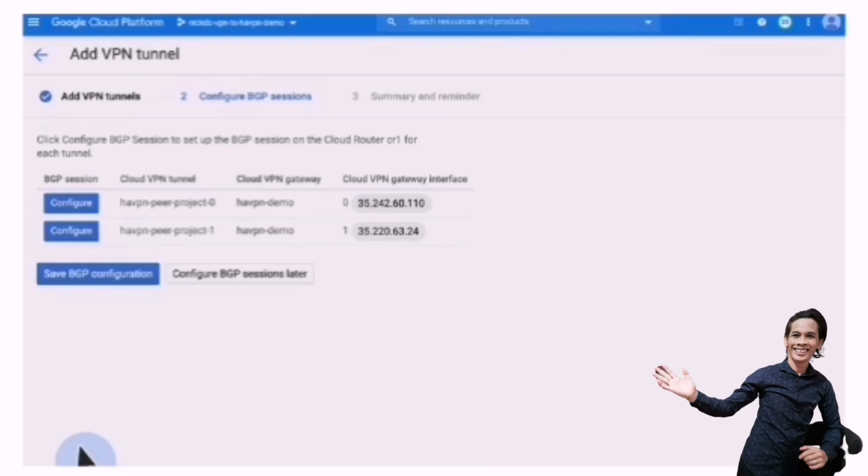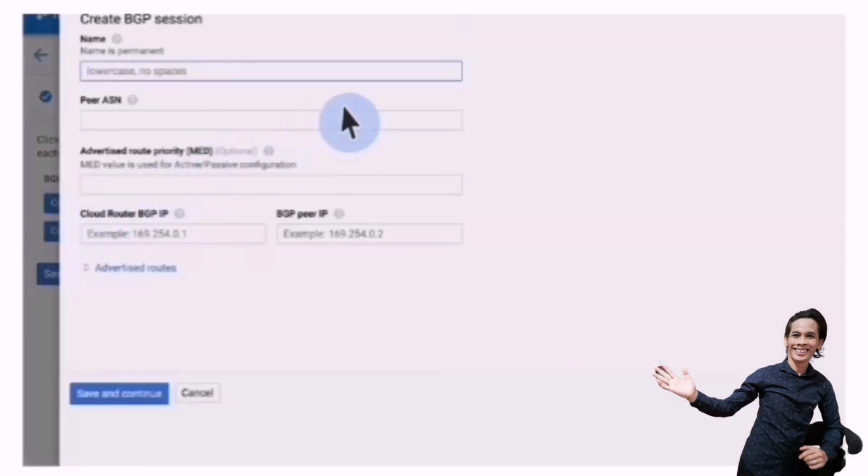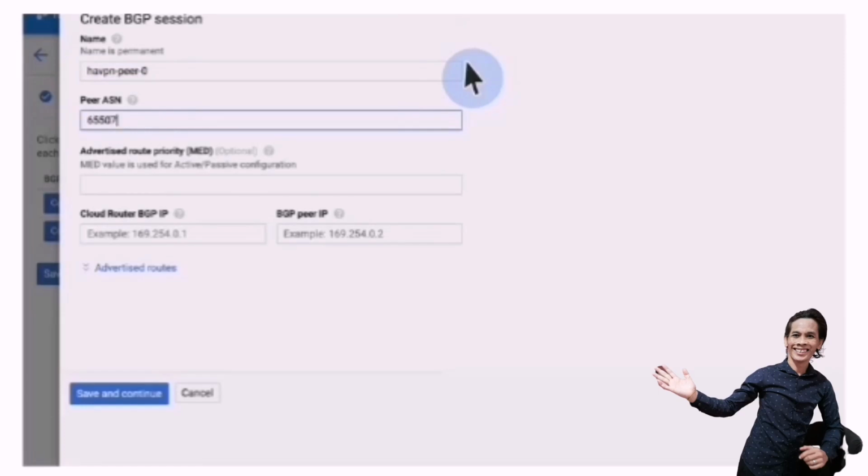On this page, we'll create the BGP sessions. I've already created exactly the same thing here in my other project, so I'm only going to do it here. Let's click Configure and give it a name. So in my example, it's HAVPN-peer-0. Peer ASN in my case is 65507. And now for the route priorities, it'll be a little bit different than the previous example because policy-based routes have a default priority in Google Cloud of 1000. So let's create a route priority that's higher than the policy-based route, so a lower numerical value, as you recall. So I will enter 100, which is lower than the 1000,